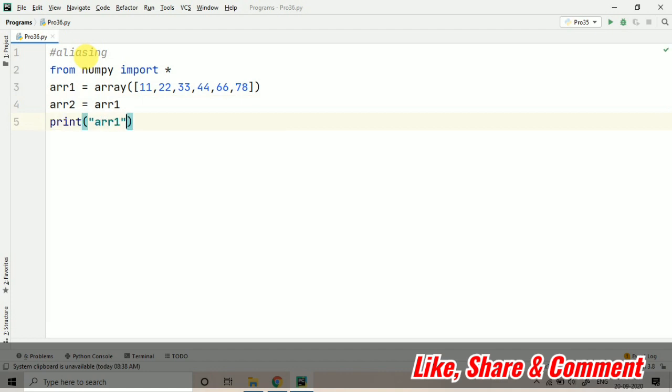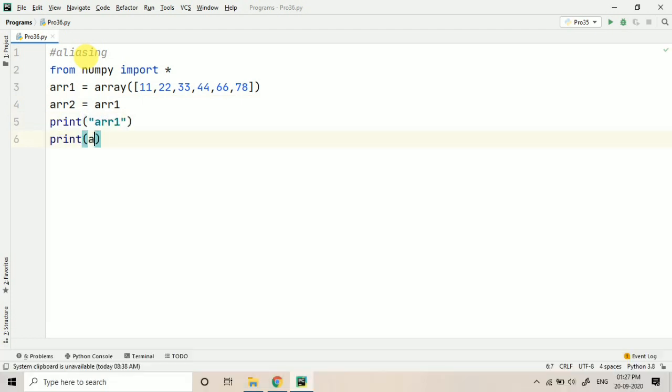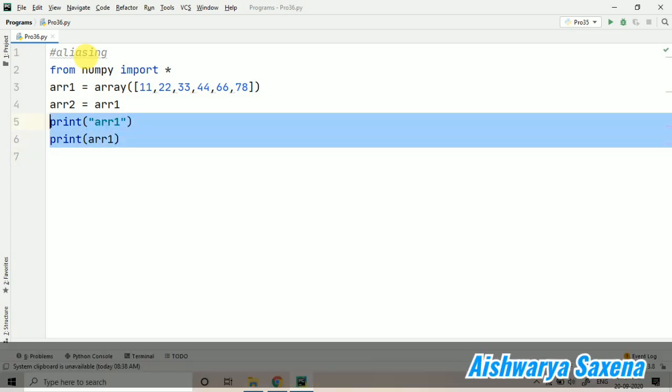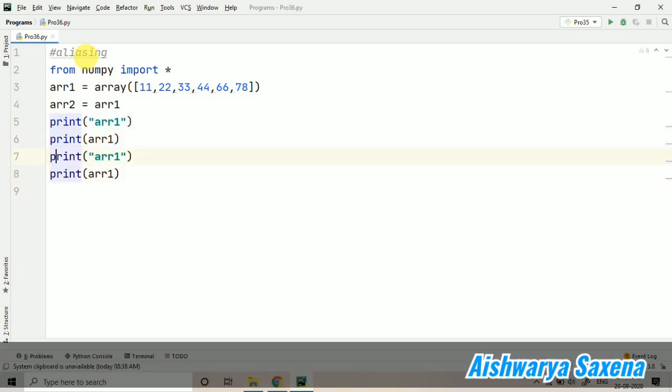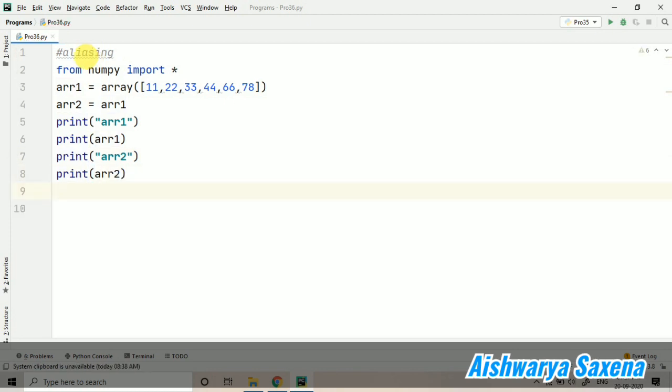So here I am just printing arr1 for you, and this is arr1, and again I will be printing arr2 here. This is arr2 now. After that I am also printing the id of arr1. So let's print the message also, arr1 id.